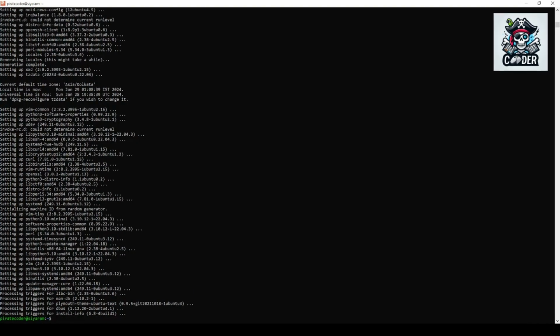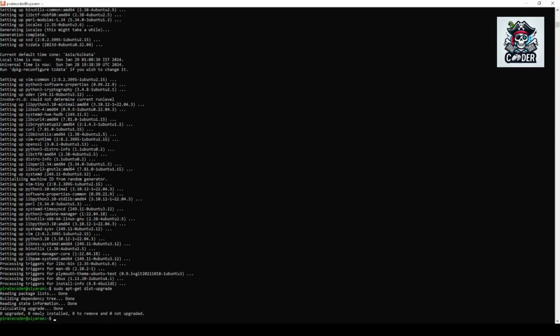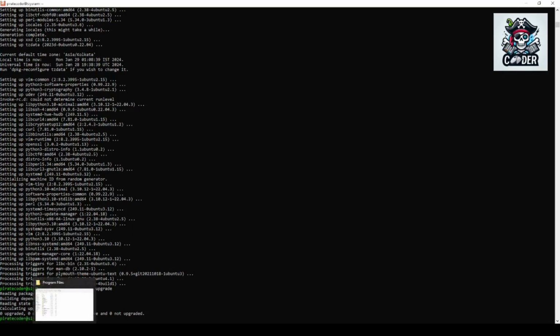Now after that what we have to do is we need to upgrade our distributions. So for that we have to write the command sudo apt-get dist-upgrade, and that is also done. Perfect. And apart from that, if you get a confirmation for the continuation, you just need to press y here. And I think apart from these things you are all set for using the Ubuntu system.